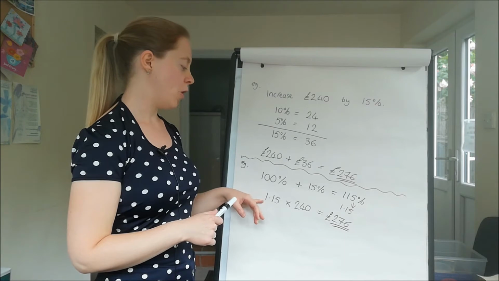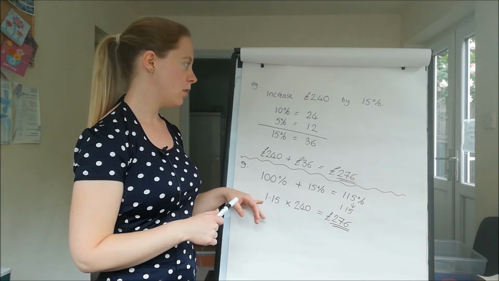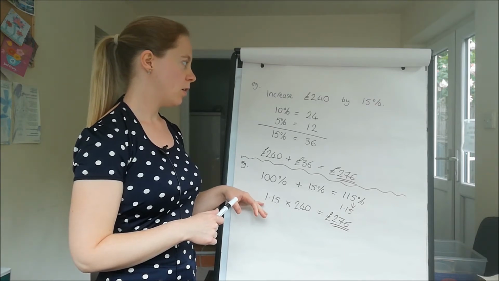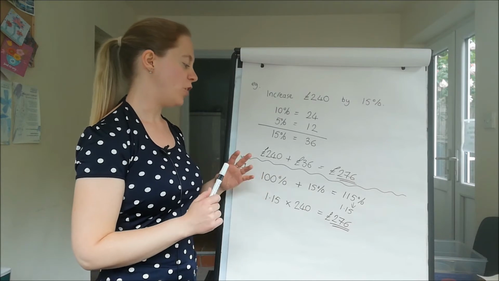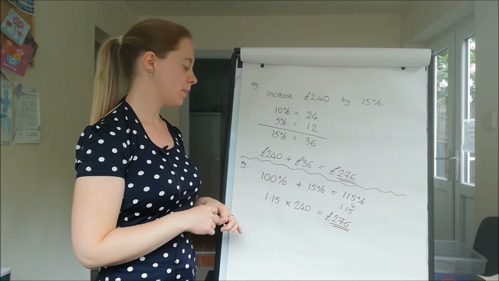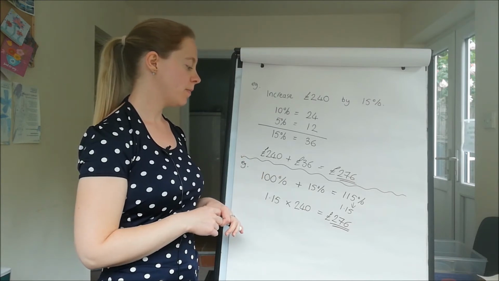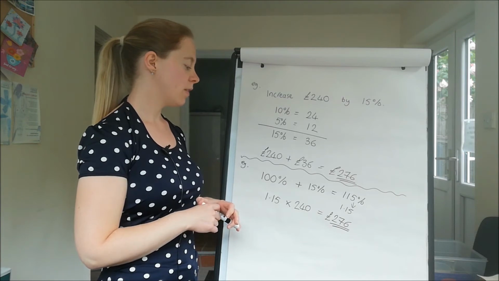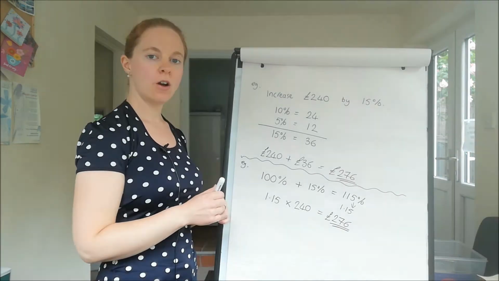Multiply the decimal by the thing which needs to be increased. All right,